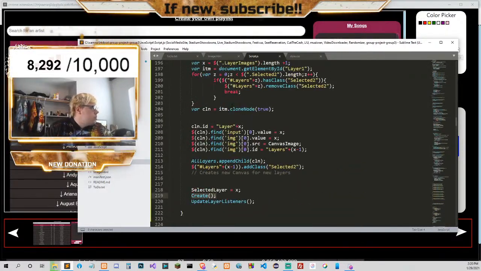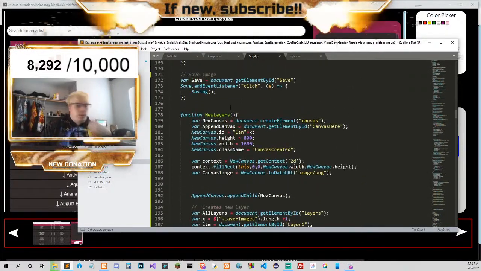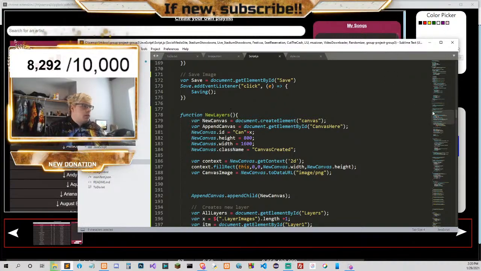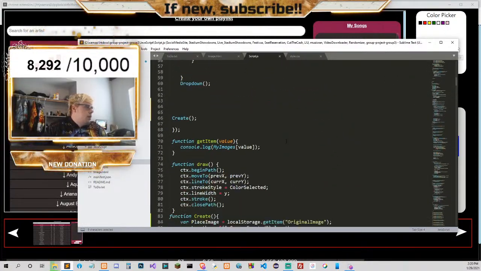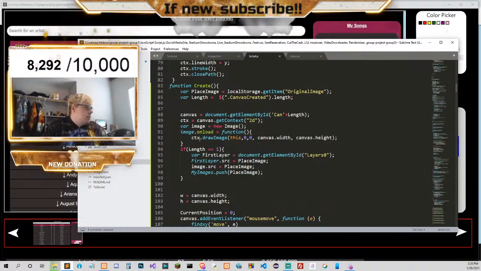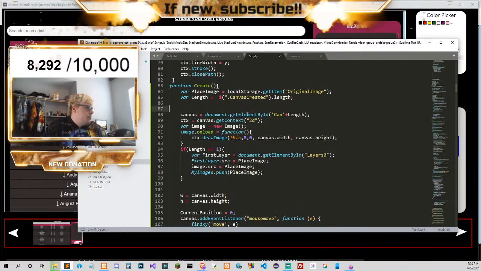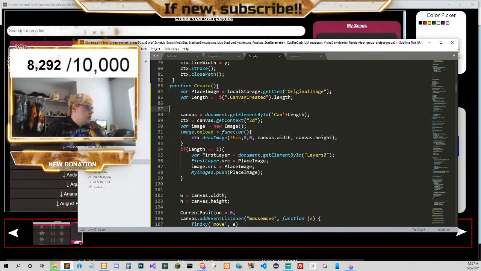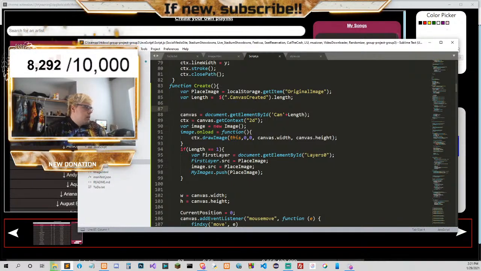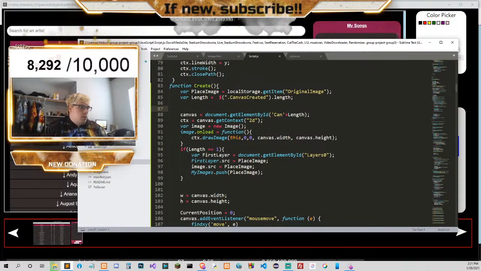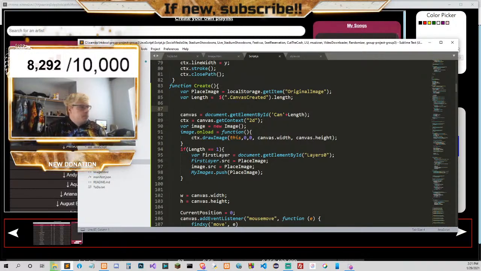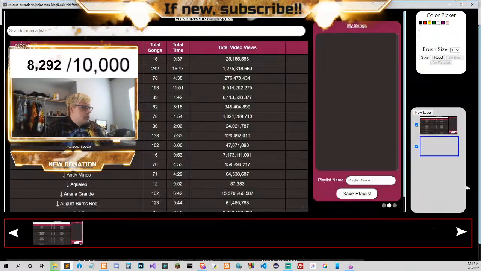Oh wait. What? New layers. It creates the layer, and then it hits create. Create creates the canvas here. Length dot length. Canvas created dot length. So it would be 2 can dot 2.